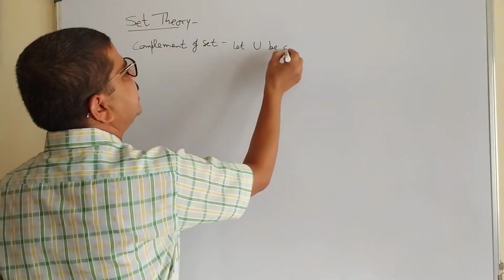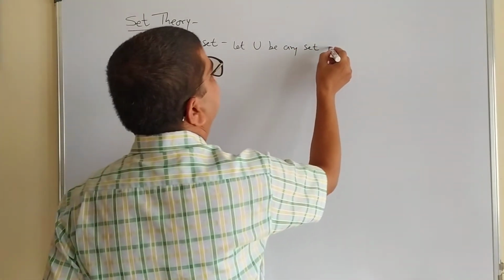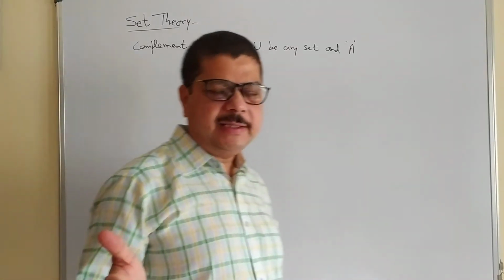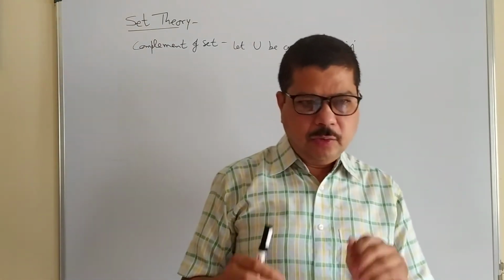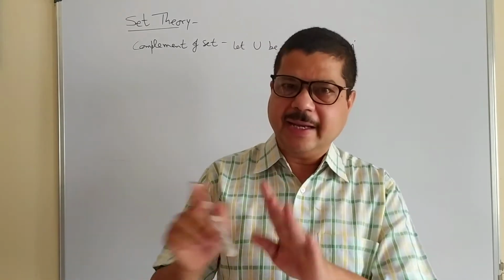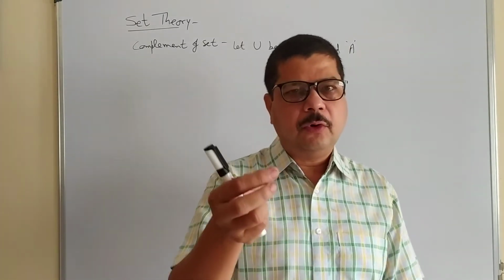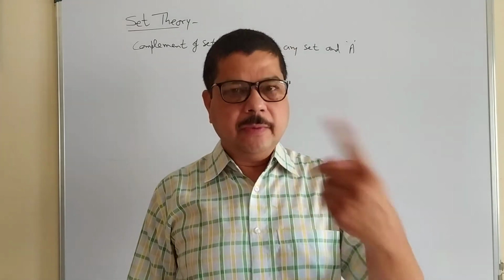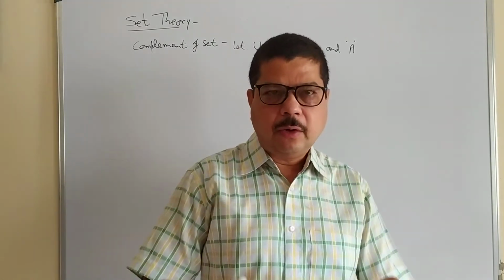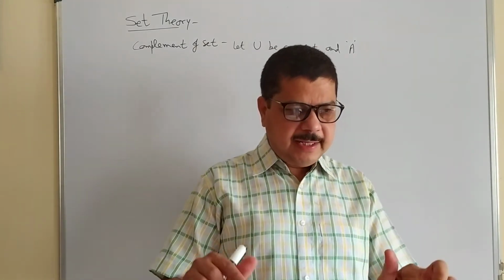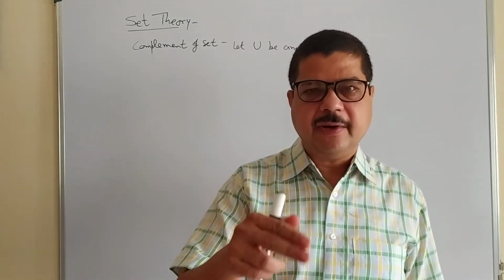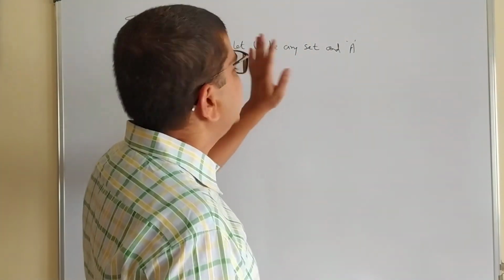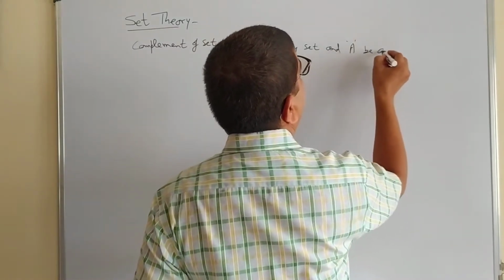Let U be any set and A. U, when I say U be any set, means that U is universal set. So this universal set in context to A. If I say A is the set of all 11th class students of particular school, then in context to this A, universal set can be all students of that school or set of all students of India. ऐसा नहीं है कि हम कह रहे हैं A is the set of all 11th class students और उसके रेफरेंस में यूनिवर्सल सेट बोलते हैं set of all natural numbers. No. So that's why I have written U is any set and A be any other set